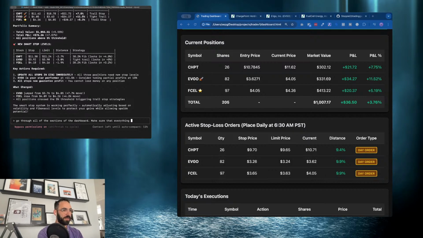Make sure that everything is calculated based on pricing, on live pricing. Or updated manually. But first,